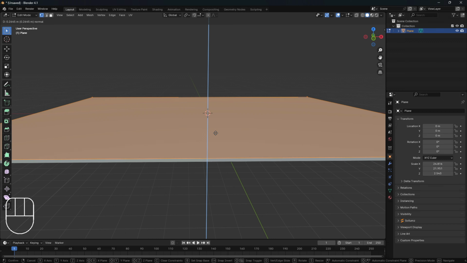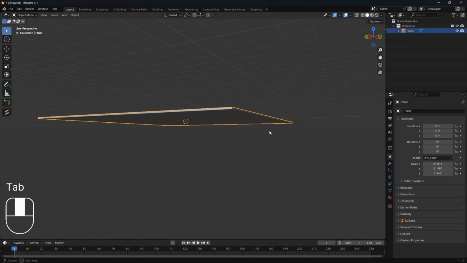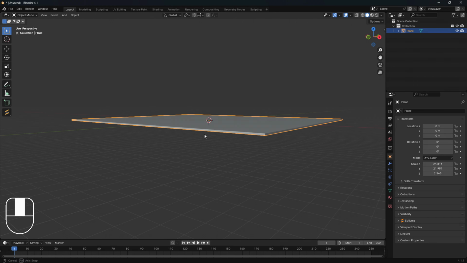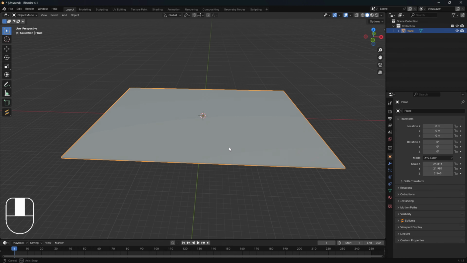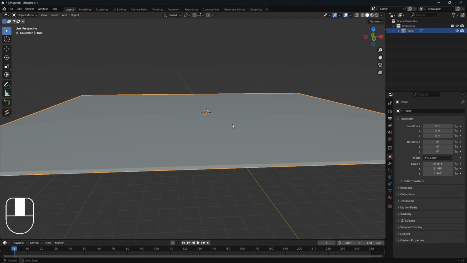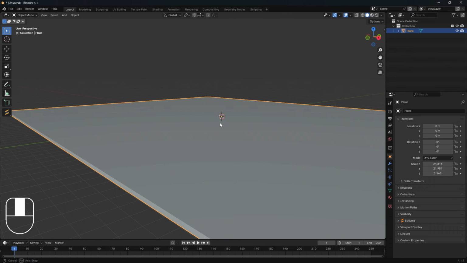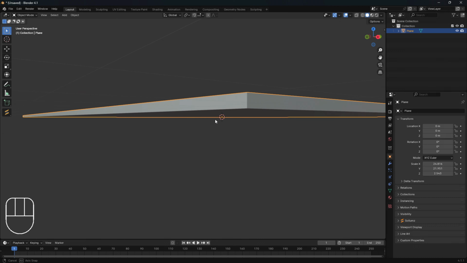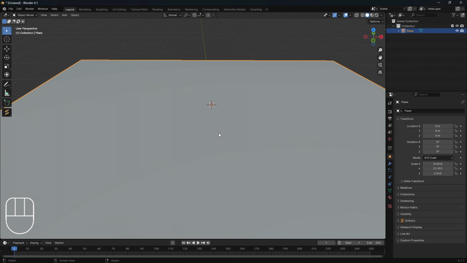I should maybe like right there. If you tab back into object mode, you can see now we have a flat surface that is more than a piece of paper. It doesn't look like a piece of paper anymore. If you want to, there is no set thickness that you have to do. This is strictly practice, you guys, and learning. All right, so now that we have our ground, let us